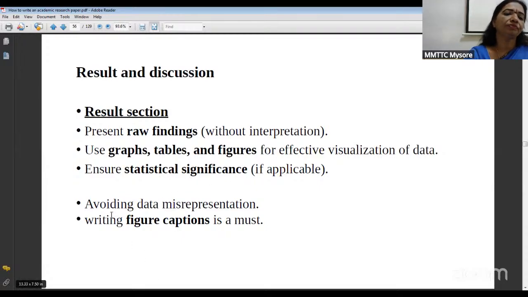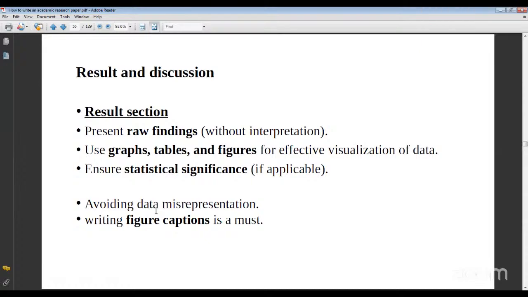discussed properly. And what are the things you should avoid? You should avoid data misinterpretation. So misrepresentation, misinterpretation you should avoid. You should carefully replot and confirm, yes, I'm getting the result. And if you are getting some wrong results, you should replot it. If you are getting a useful result,